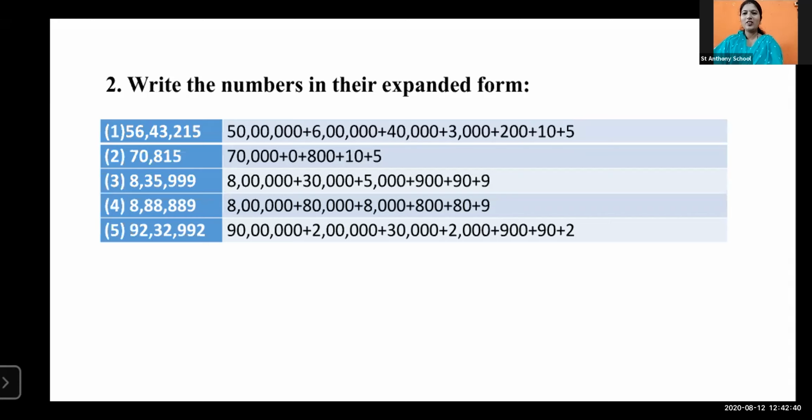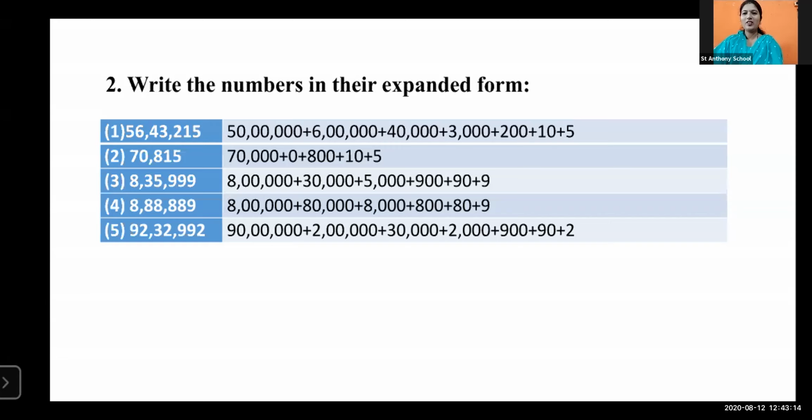Then the next number, then give the plus sign. This plus sign is very important in the expanded form. Then give the plus sign, and the next number is 0. Okay. So if 0 is on the 10 lakh place, crore place or unit place, the 0 is having the value 0 only. 0 कहीं पे कौन से भी place पे रहे उसका value 0 ही होता है. So the 0 will write as it is. If we are writing 4 zeros, 3 zeros, the value is same, 0 only. So we'll write only one time 0.